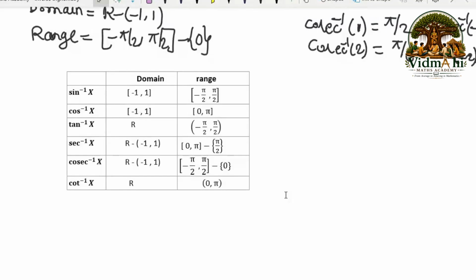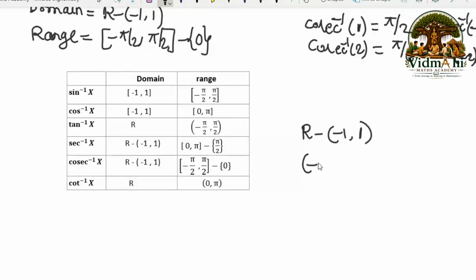Okay, so sin inverse x, cos inverse x, domain, range, tan inverse x, secant inverse x, cosec inverse x, and cot inverse x. And one more important thing here, R minus (minus 1 comma 1) can also be written as